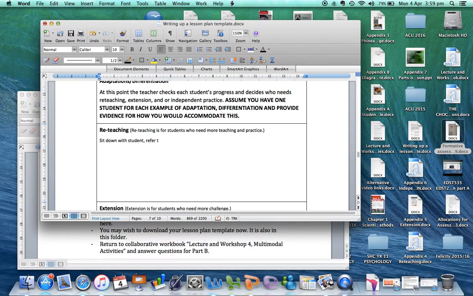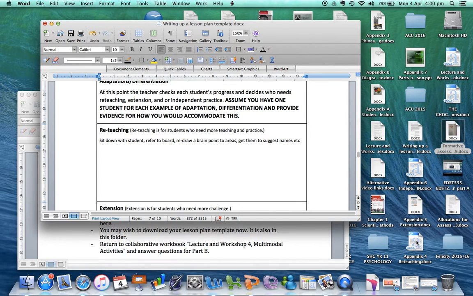Refer to the board. Redraw a brain, point to areas, and get them to suggest names, etc. Whatever it is that you get them to do to help reteach them. And then you might give them a handout too, and that handout could be